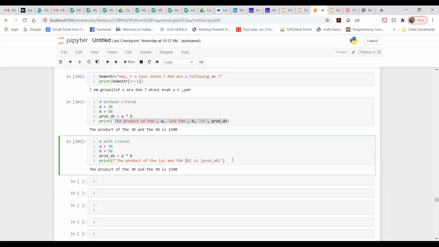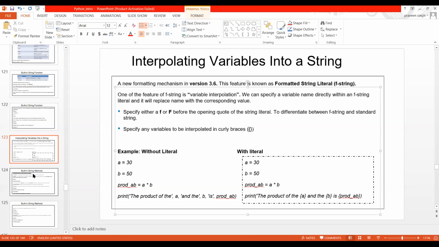Now, what else? What else apart from this? Just tell me, is there anything which we can modify here? Think about it. If you are not able to think, then do let me know. I would like to share the very next slide, so that you will come to know what exactly